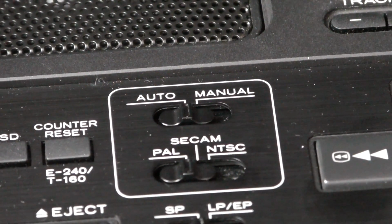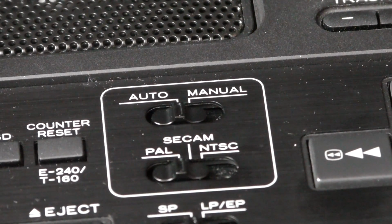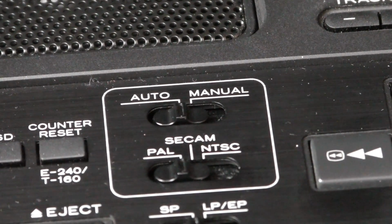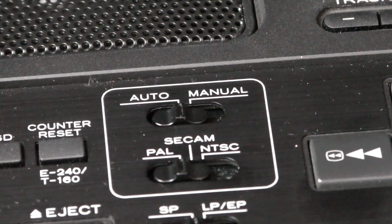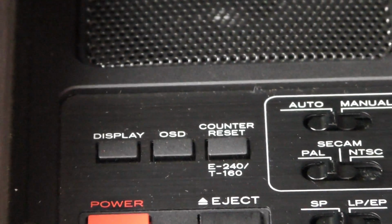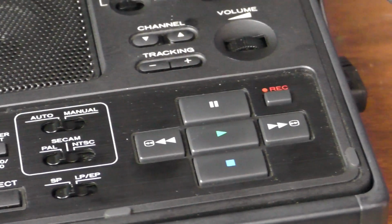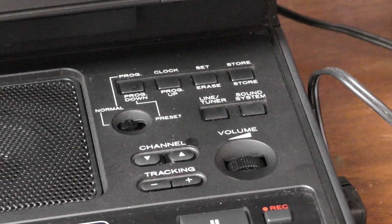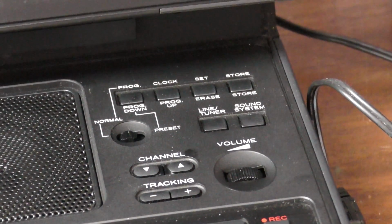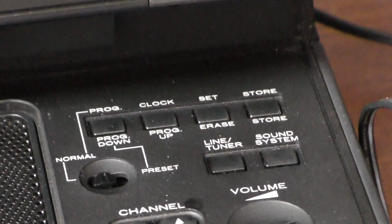This isn't going to be some kind of time-based changing, like there was a Panasonic multi-standard video which used to be able to do everything, record and play, but it re-encoded stuff. So I'm imagining this is just playback, but yeah, it's a recorder as well. It's not just a player, as we can see here with the record button. It also has a built-in tuner. Obviously it's analog, but there's lightning as well, which we saw, and it's got program, clock, set, store. You can actually put programs in there. Yeah, and it's got a built-in speaker